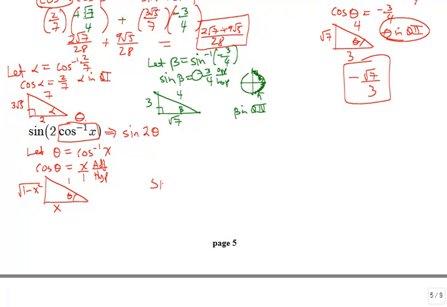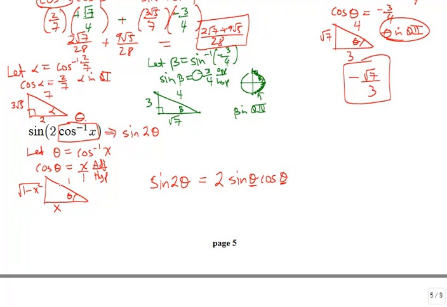So how am I going to figure out what sine of 2 theta is? That's where those identities come into play. We have to turn this into something using just a theta, and that's where that double angle identity comes into play. Sine of 2 theta is 2 sine of theta cosine of theta. So now I've changed these angles to thetas, which is good because I know what those are from this triangle